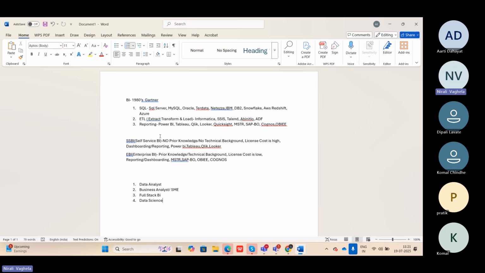But if the data size is, let's say, up to 1 lakh or 2 lakh records, then you can use import mode. Else the recommendation is to go with live data. In this class, we will learn the live mode. We can use both of them, it doesn't matter. So this is the introduction I wanted to talk about.